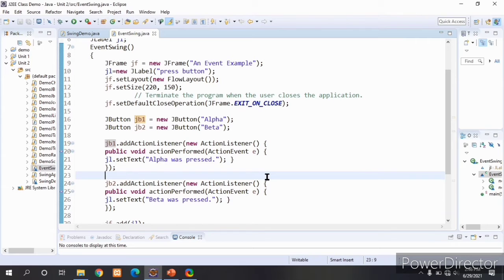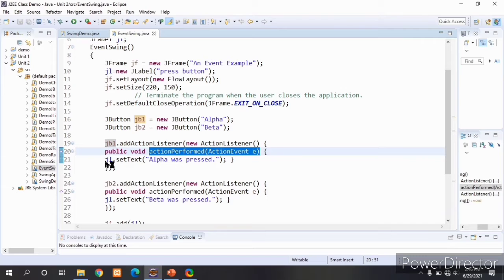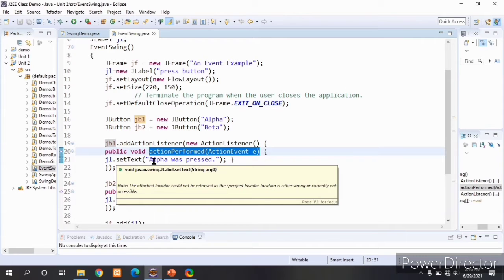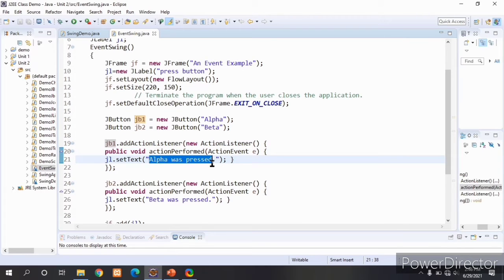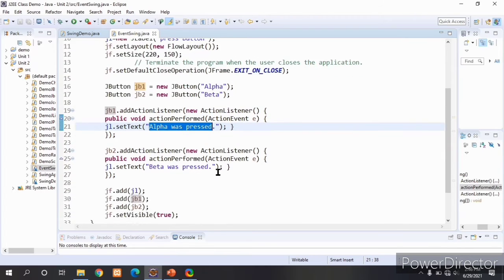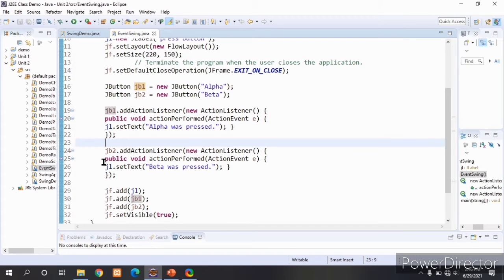When I click on the JB1 object, that is the alpha button, it will call the actionPerformed method and the label text will change to "alpha was pressed". The label will display the alpha was pressed message. After that when I click on the beta button, that is also generating a button click event.